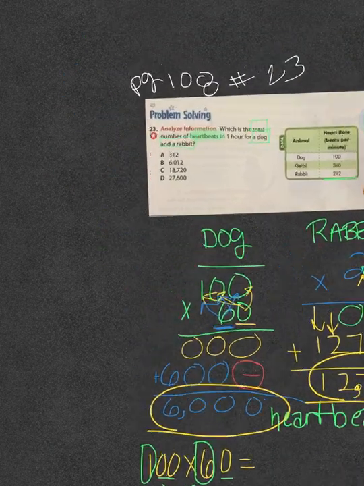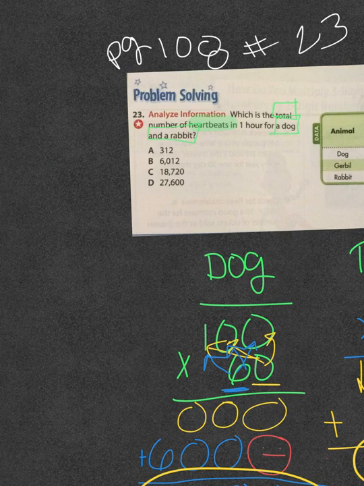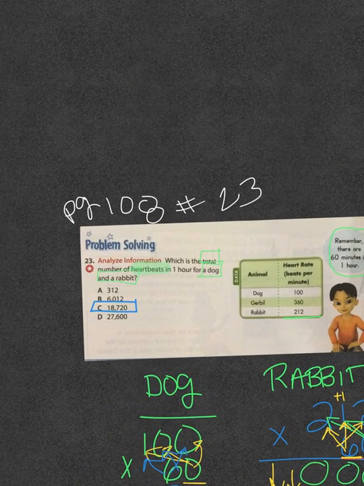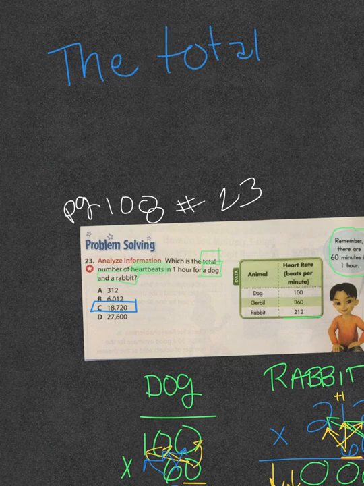Is that answer here? Yes, it is. It's right here. C. 18,720. And my answer sentence that I would write would say, take the question, which is the total number of heartbeats in 1 hour for a dog and a rabbit. So I would change that to an answer statement up here, and I would say the total number of heartbeats